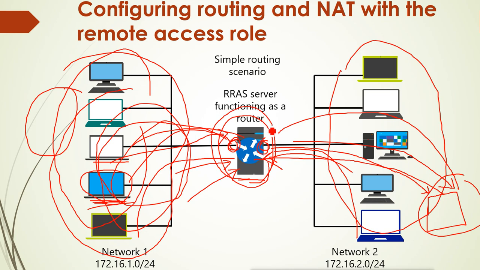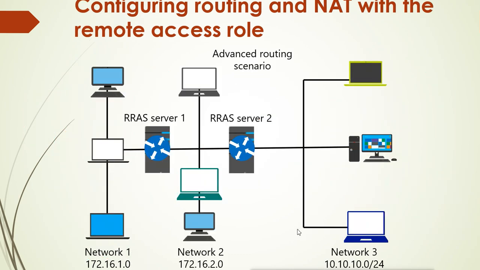All of these things we can do in this Routing and Remote Access server, and this is basically a routing feature. This is a feature for routers, but we can also do it in our Windows server. So this is what we are going to do, a normal routing. And if we want to do advanced routing, then we need to have multiple networks, like network 1, network 2, network 3, network 4. Then we have to configure advanced routing.